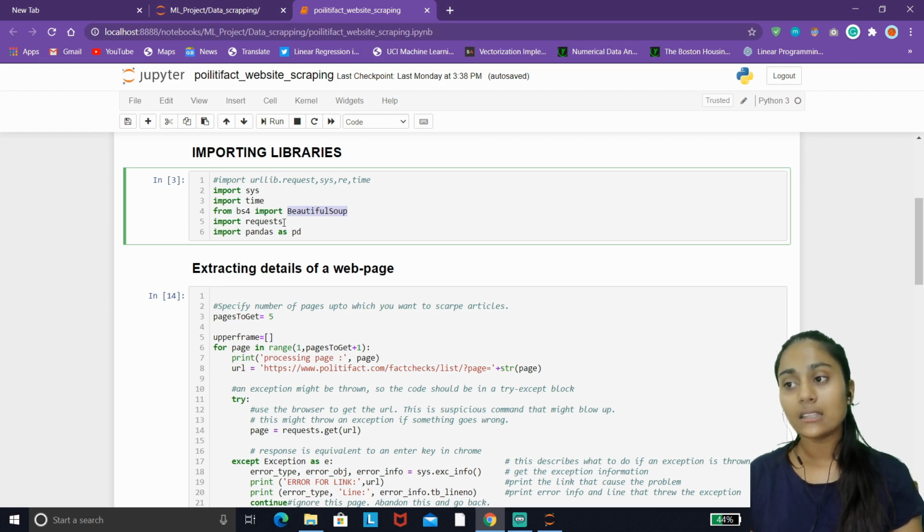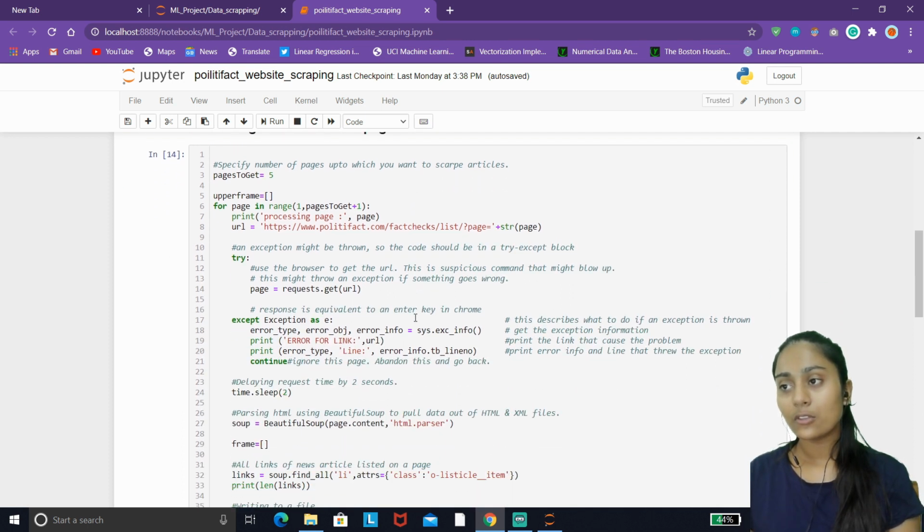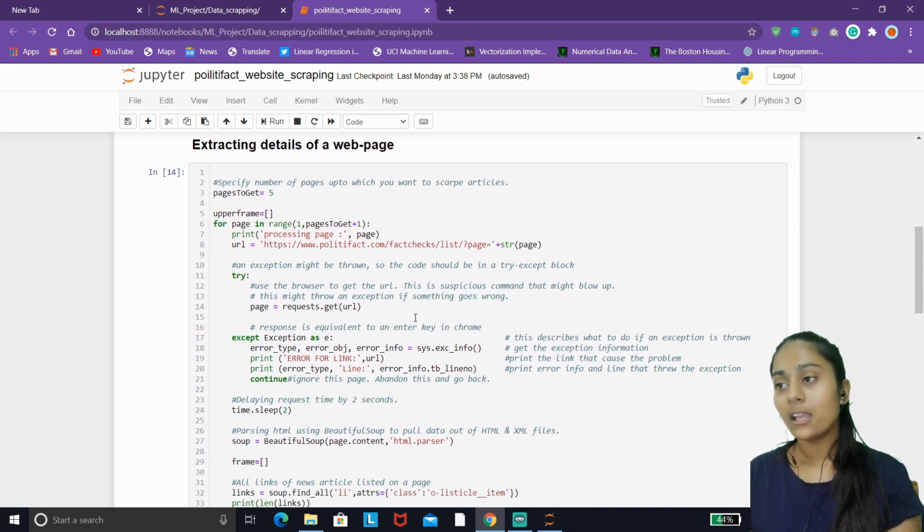The next one is the requests module, which is very helpful in downloading the HTML content of the website that you want to scrape. I will explain every bit of it in the next lines of code with the use cases of these libraries, so don't worry about it now.